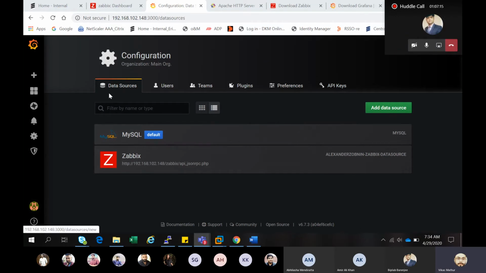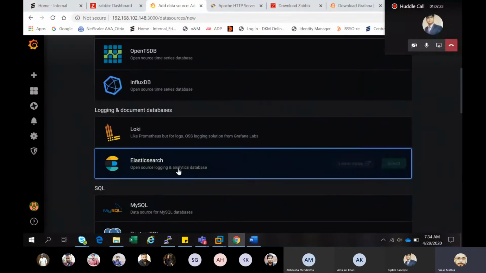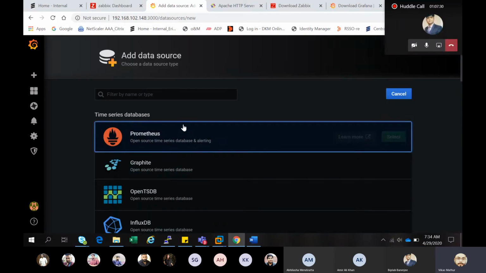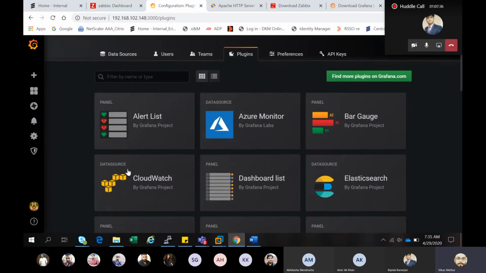After installing all the packages, you need to go into the configuration part and add data sources. You have to add MySQL because this MySQL is already installed in your Zabbix server, and I'm not adding anything.